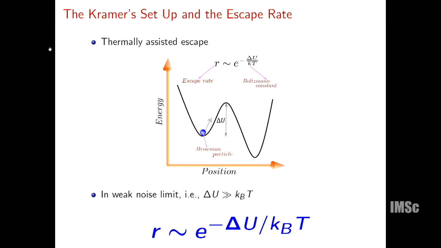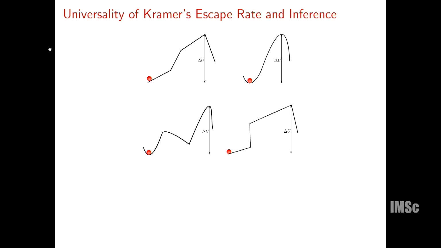So after discussing this dynamics of the Kramer's escape problem, what is special about Kramer's escape rate theory at all? So for this, let's consider these four kinds of potential. These are some crazy four kinds of potential, where this potential is not smooth at these 3 points. This potential is completely smooth. This is another kind of potential, and this, forget about smoothness, this potential is not even continuous. There is a jump here